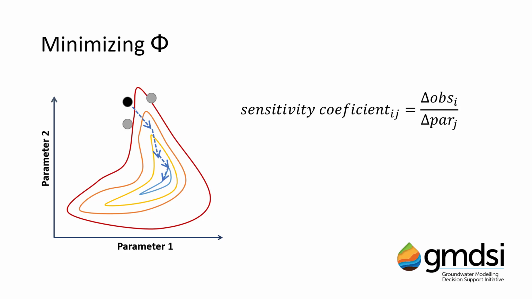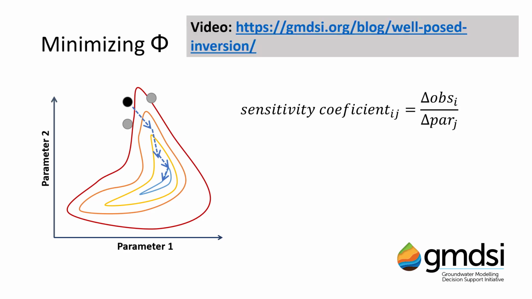Again, a video which I've actually linked to before goes into these concepts in a lot more depth and mathematical rigor. Now, as you can see, this process can become quite costly in terms of computation time, and it scales proportionally to the number of parameters being estimated. This imposes a ceiling on the practical number of parameters that we can include in a parameter estimation process.